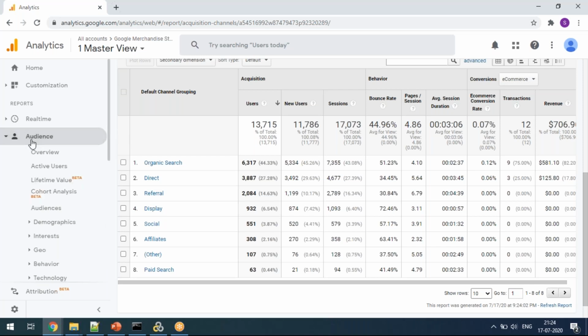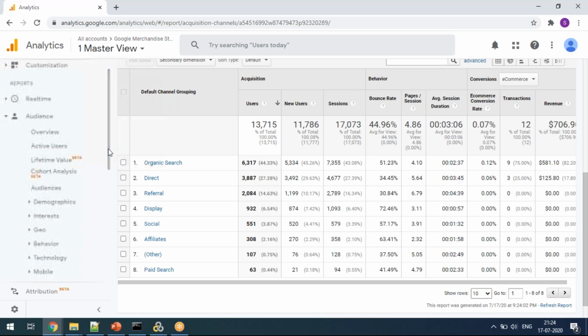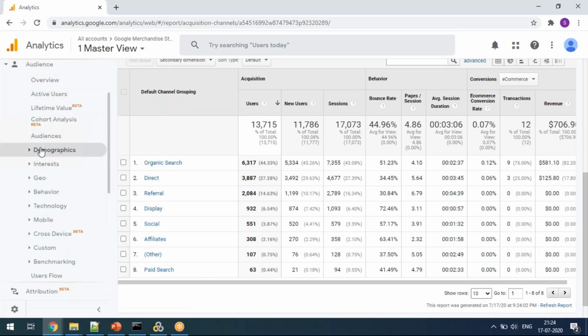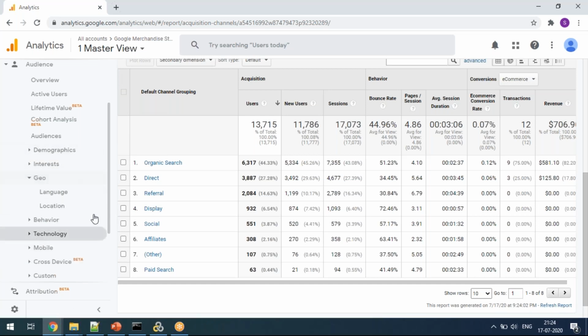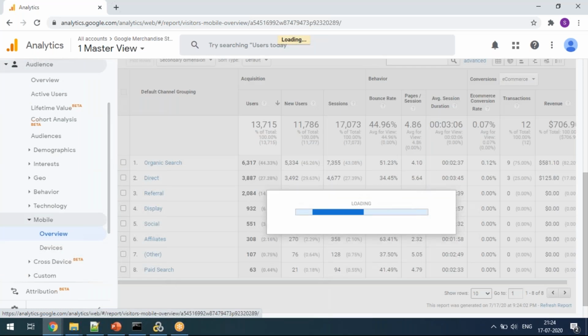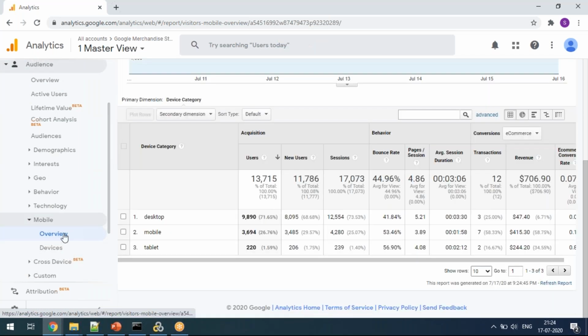Say they have a variety of categorizations. Demographics is nothing but age, gender, who is using, they are trying to collect the data. And then interests, what are the interests of the people, and the geolocation that they are capturing. Even the mobile one they are capturing. You can see the mobile application, how it is utilized. If it is desktop or mobile, what device the user is using to access your application, like that.